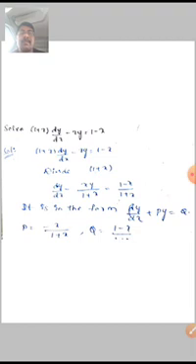Here is an application of the linear differential equation: 1 plus x dy by dx minus x into y is equal to 1 minus x. First we have to convert it into the form of dy by dx plus P of x into y is equal to Q of x. Now we divide on both sides by 1 plus x. That is dy by dx minus x by 1 plus x into y is equal to 1 minus x by 1 plus x. It is in the form of dy by dx plus P of x into y is equal to Q of x.